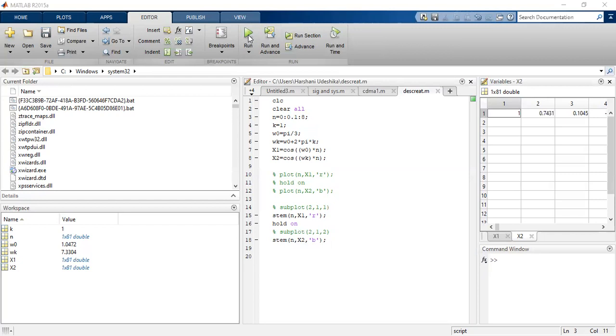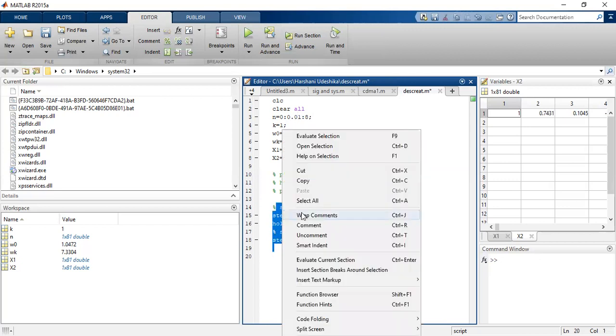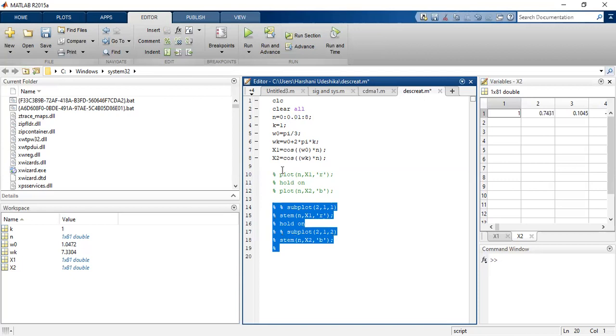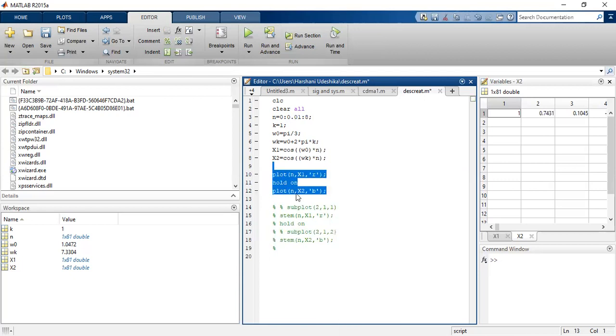You can see that you have two signals. This red one is a low frequency signal and this blue one is a high frequency signal. That happened because we take decimal values of this n. So if we take only integers, let me show you. If I comment here, and if I uncomment,